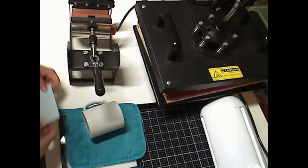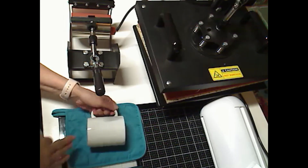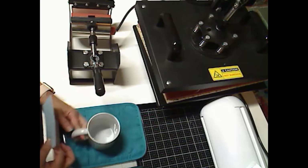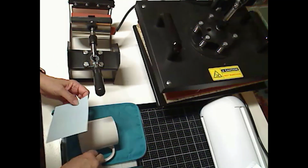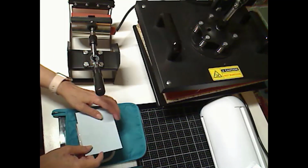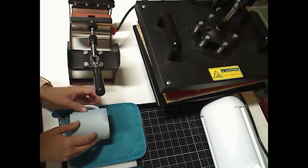Let's make this for somebody who's right-handed. So let's say it's not going to be here, it's going to be on the back here. So make sure you're not putting it on upside down. And